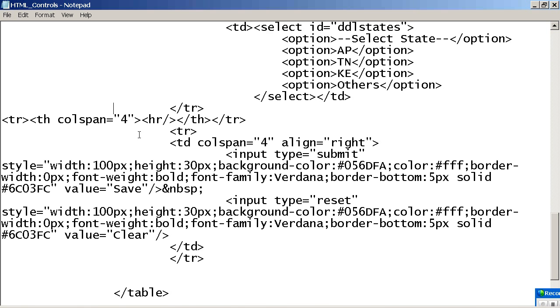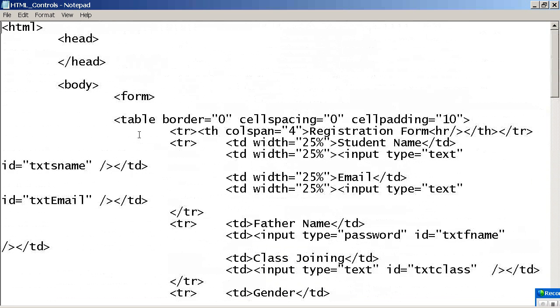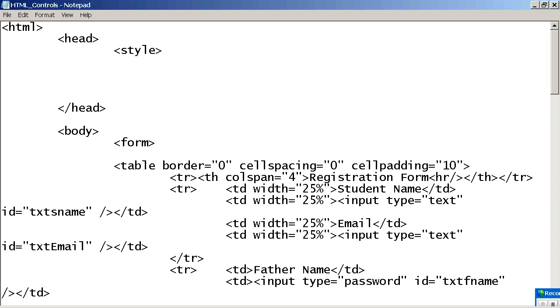Go to the head of your page. So now you can understand what is the advantage of head. First one is to give the title of the page, to write the description about the page, to give the keywords about the page and to auto refresh the page. And even head can accommodate styles and scripts. Head can accommodate CSS and JavaScript.